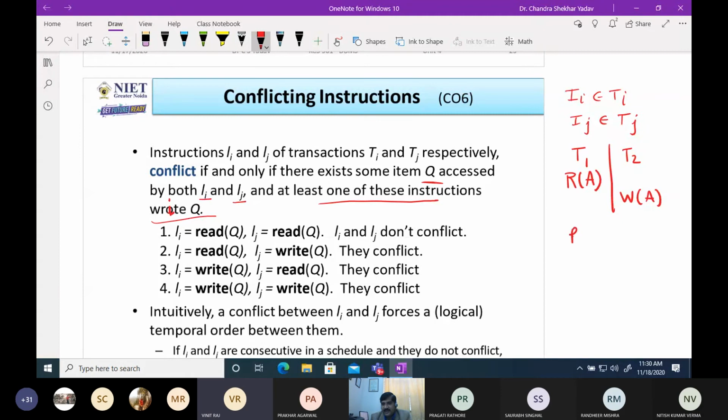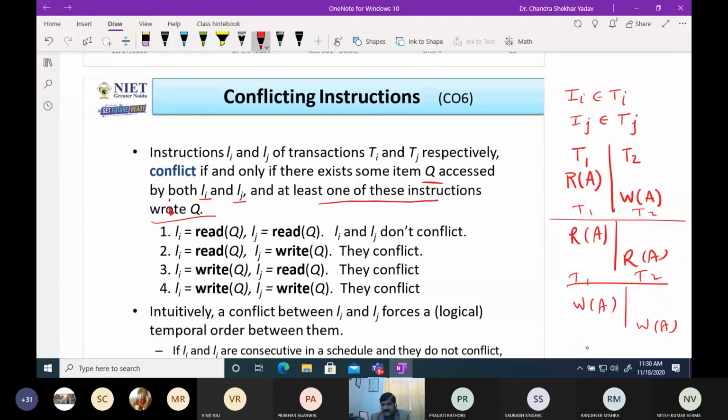Conflicting. And if we have read A and write A, or read A and read A, what about this? There should be at least one write operation. And if we have write A and write A, then both are writes, so they are conflicting instructions.